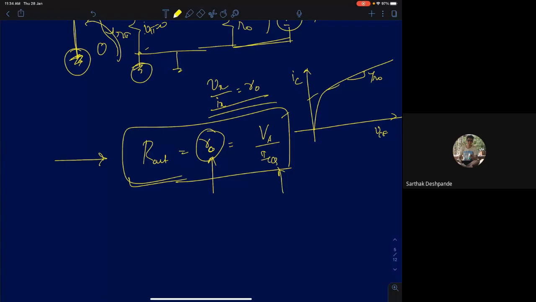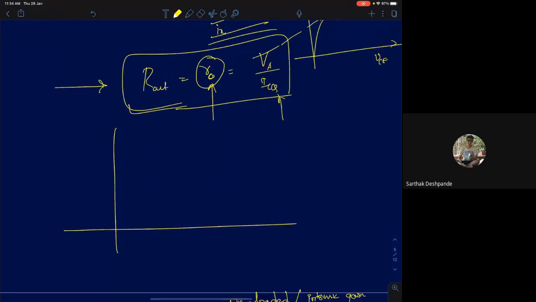VA is the early voltage. You know, right? If you extend this graph all the way to the x-axis, the intercept will be minus of mod VA. So VA here is the early voltage. So that's it for the simplest common emitter configuration. We found the input resistance, we found the output resistance. Now we'll find the intrinsic gain, or unloaded gain.